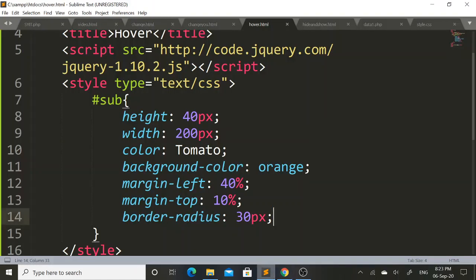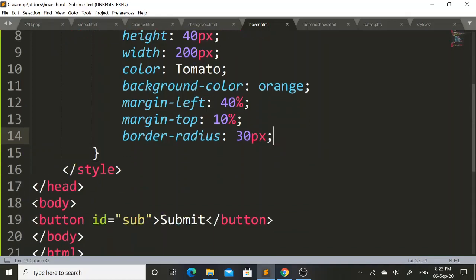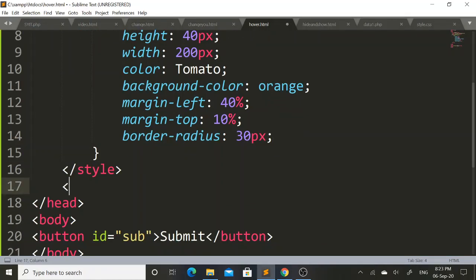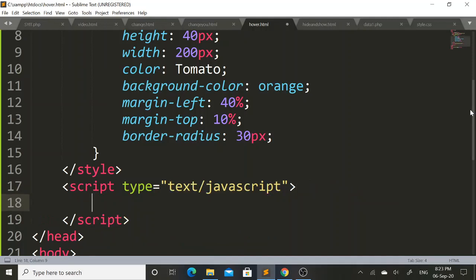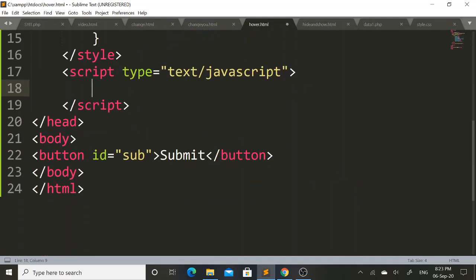Now I will apply hover jQuery event, and to do that after style tag again I will include script tag within this head tag. Then in this script tag I will call factory function, that is dollar open parenthesis close parenthesis. So this is jQuery factory function.